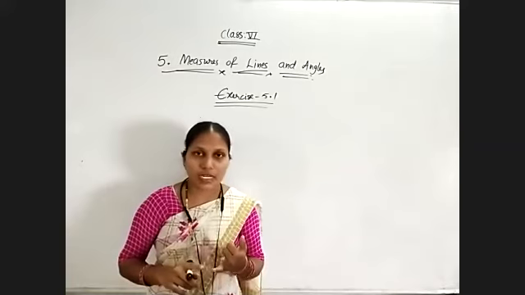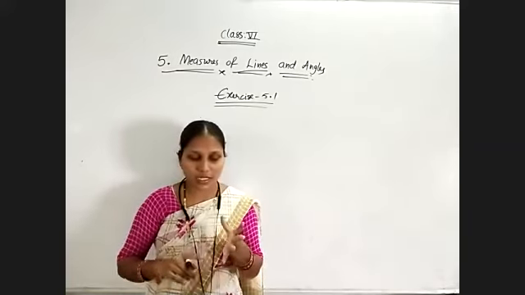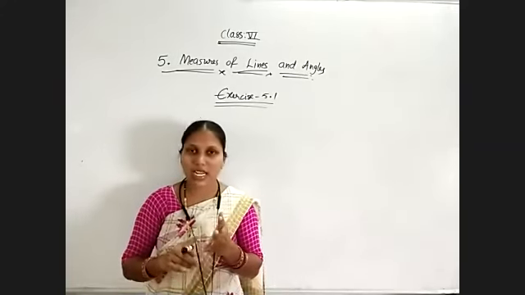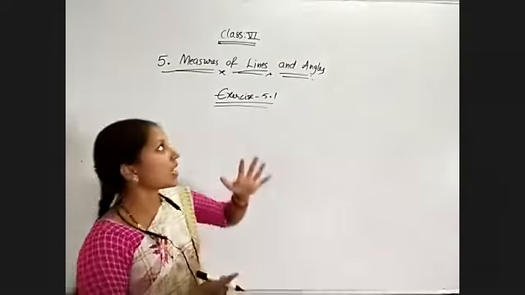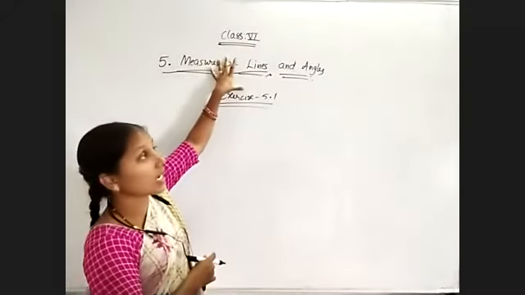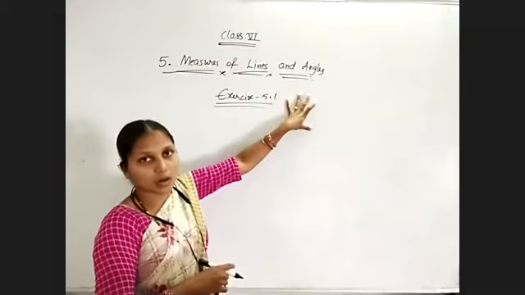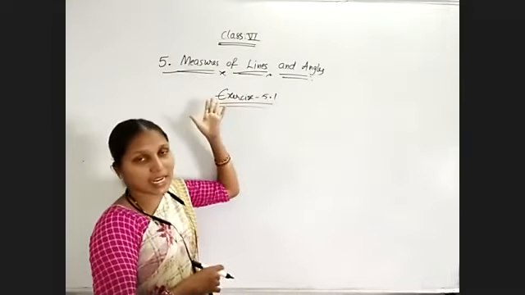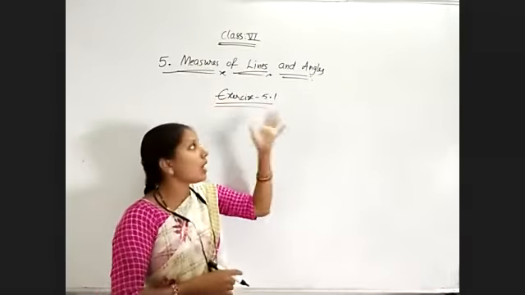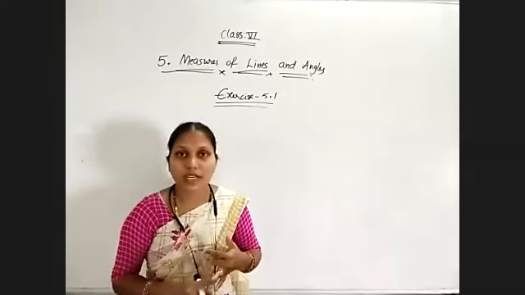We have studied different types of instruments. In this chapter, we are just going to use the scale and protractor because we are going to measure only the length of lines as well as angles. So, how to measure and also the construction, and while comparing, which instrument we are using.